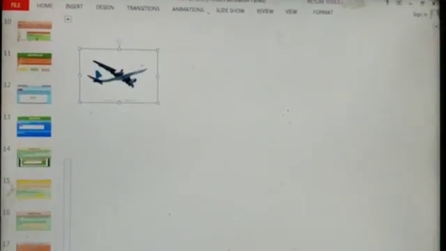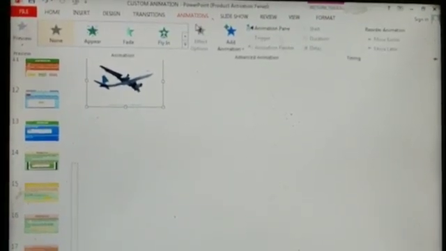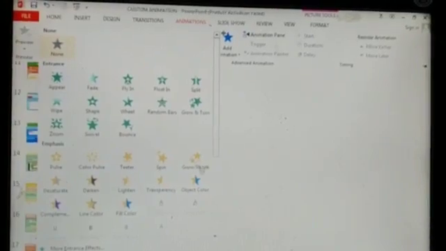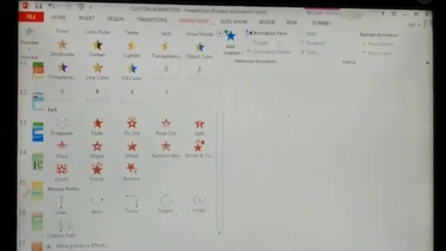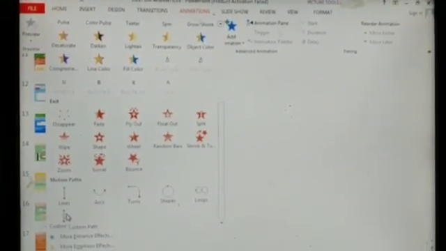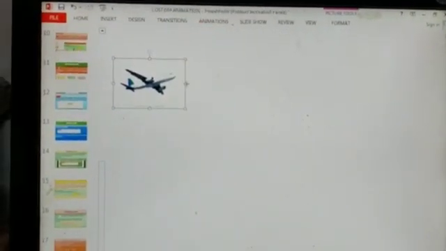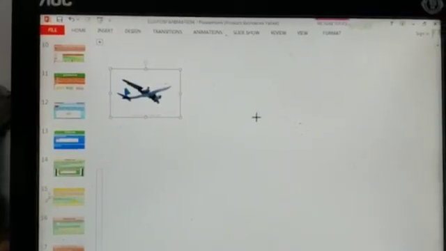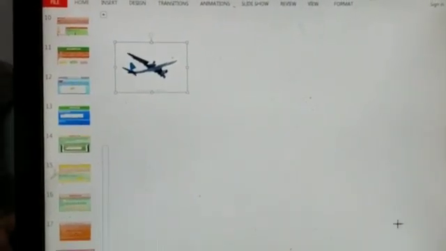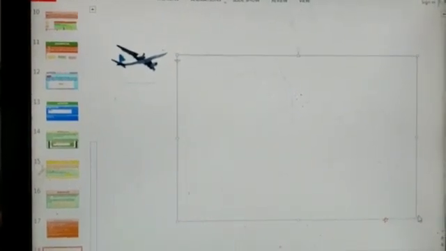Then select the object. After moving it to the location, press the left mouse button. On the Animations tab, go to Custom Animation. In Custom Animation, go to Add Effect, then Motion Paths. You can see children, motion paths. Go to Motion Paths and choose Draw Custom Path, Scribble. The pointer will change into an arrow and you slowly change the direction and scribble. Draw how you want the airplane to move. In that way the plane will move. After the end, press the left mouse button 2 times so that it will stop moving.